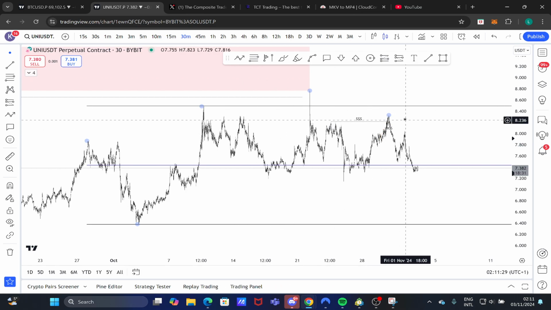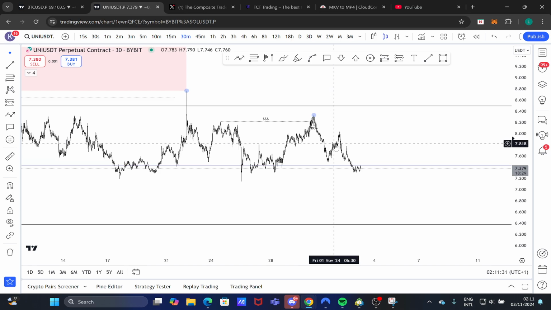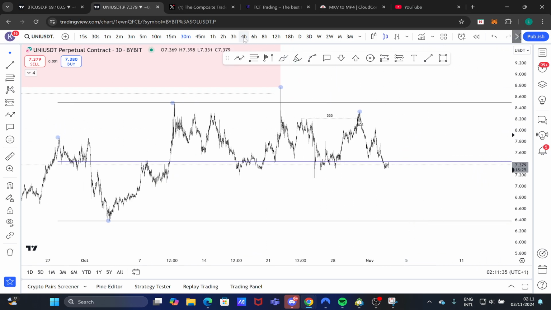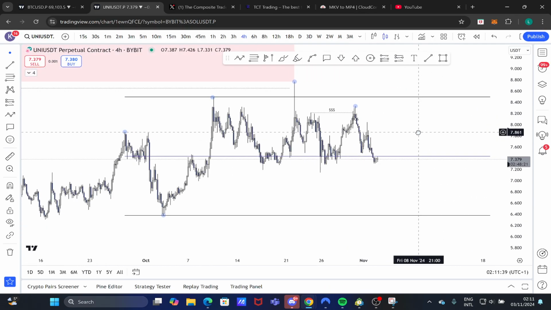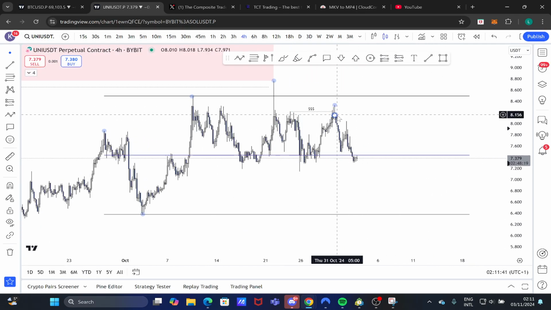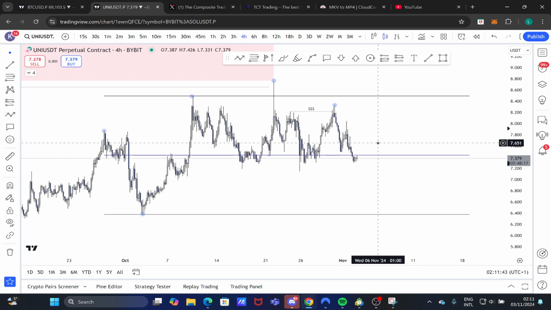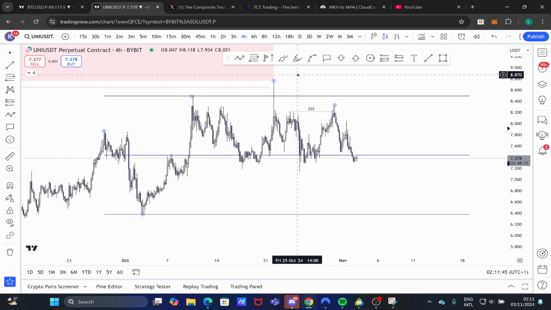Now, when I was watching the pair, it was on Friday morning. Okay, Friday morning, I was watching this pair and I was identifying this range, and something catches my attention within this range itself, because in order to make our models or our distribution models higher probability models, we can add